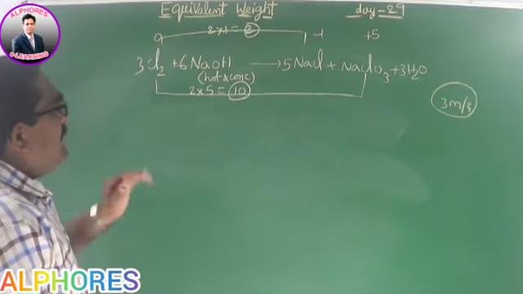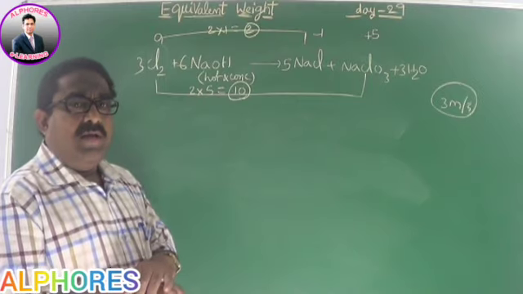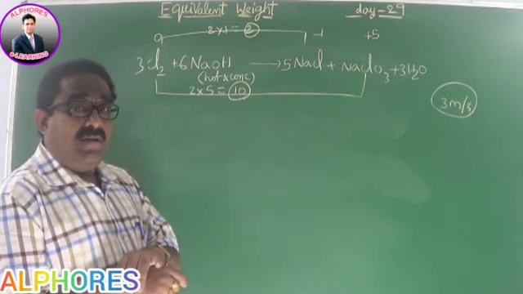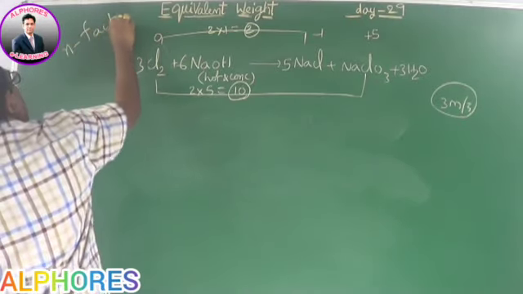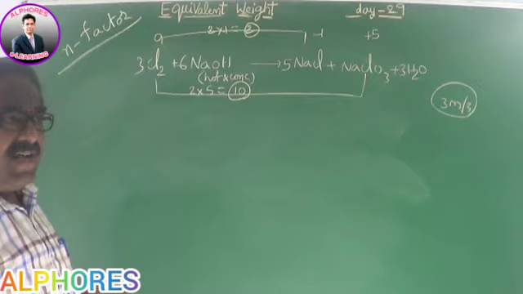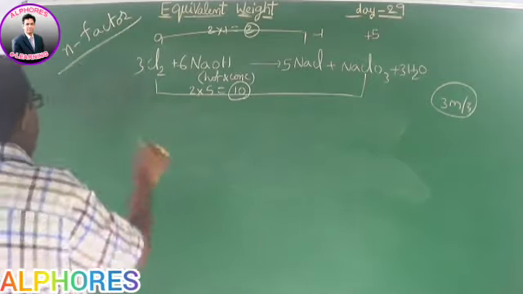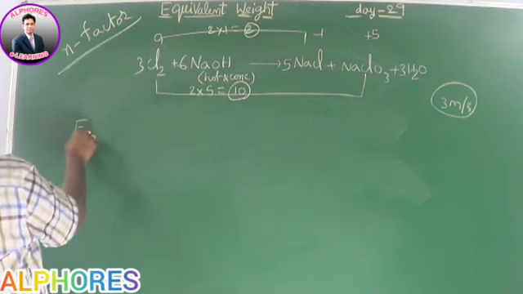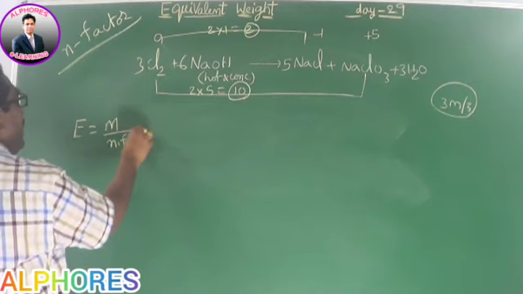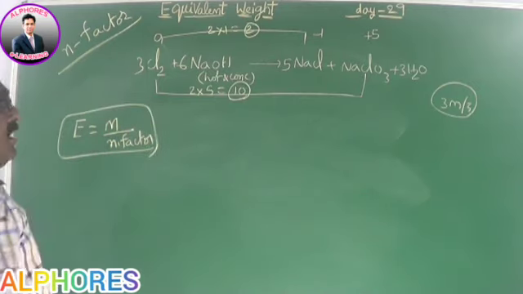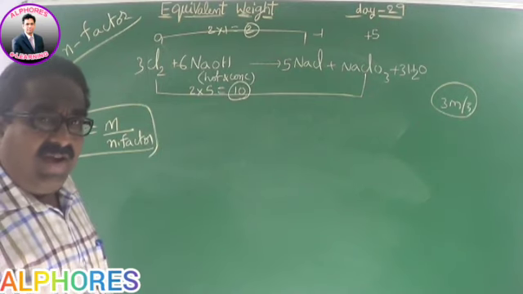And we can generalize that denominator we are using in all those formulae. We can generalize that with a terminology known as n factor. Write down, friends, n factor, especially for calculating equivalent mass. Finally, equivalent mass is equal to molar mass divided by n factor for a substance, an element.